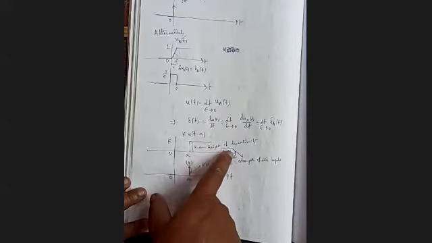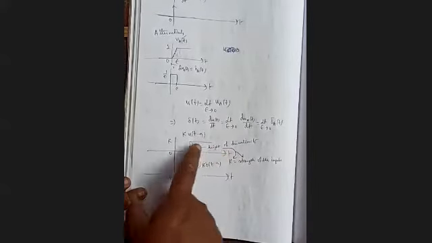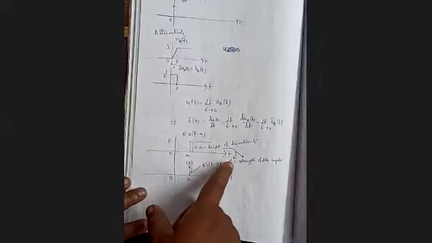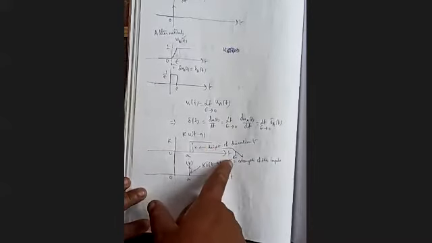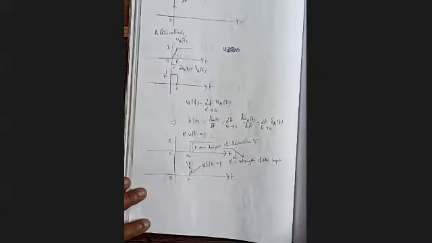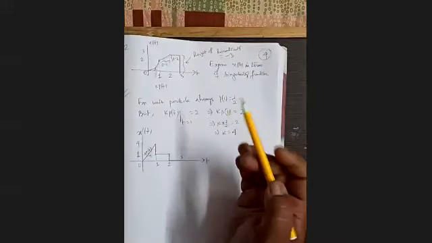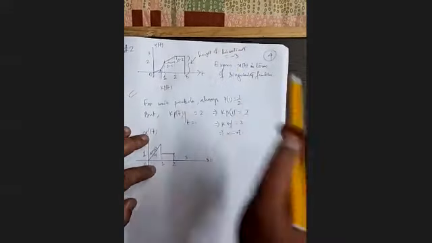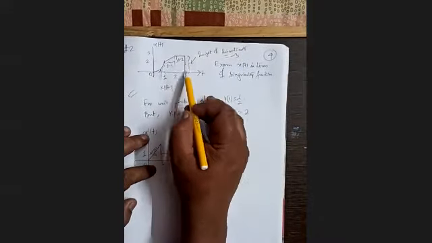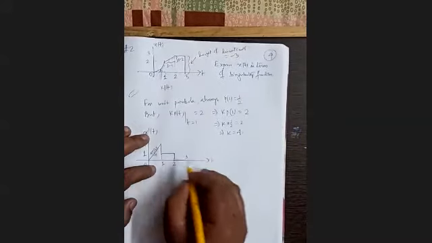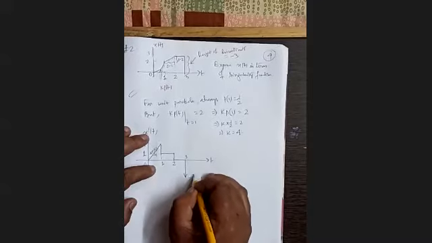So the height of the discontinuity is just shown with the arrow. It comes as the strength of the impulse function. If it is 10, it will be 10. If it is 3, it will be 3, like that. Once we know that, since our height of discontinuity is minus 3 here, after the derivative it becomes minus 3 into delta. So its strength will be minus 3.